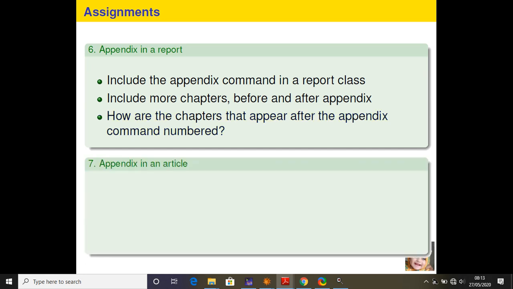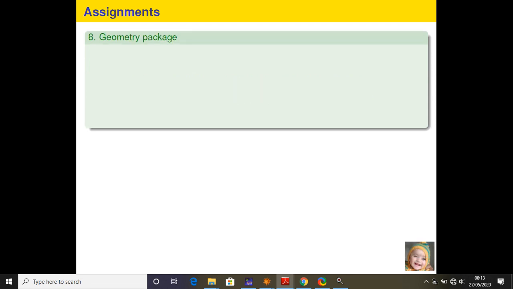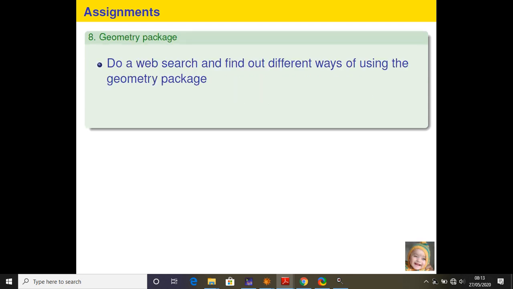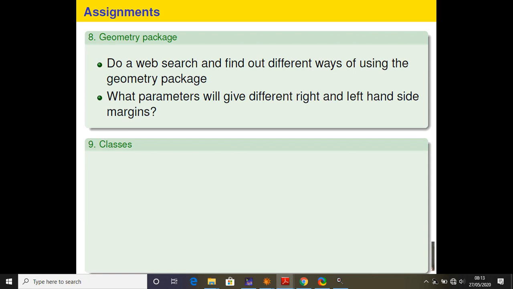Appendix in an article. So include the appendix command in an article class. Introduce some sections after the command appendix. How are these sections numbered? Geometry package. Do a web search and find out different ways of using the geometry package. What happens if you give different right and left side margins? Then classes.